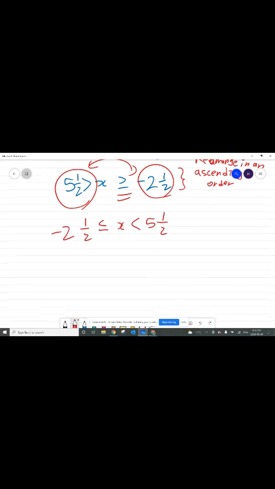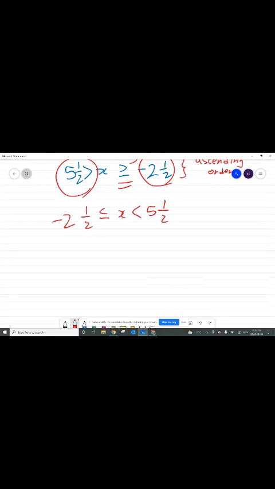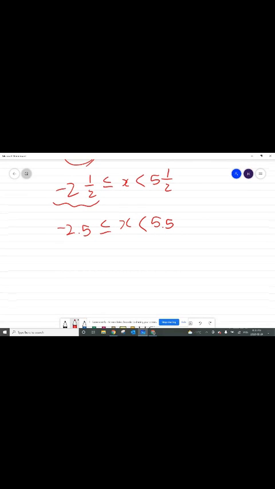Sometimes, if it's a number line, even though it has a common denominator as a fraction, it is easier to make it into a decimal. So instead of negative 2 and 1 over 2, negative 2.5. Instead of 5 and 1 over 2, 5.5. So in that way, we can